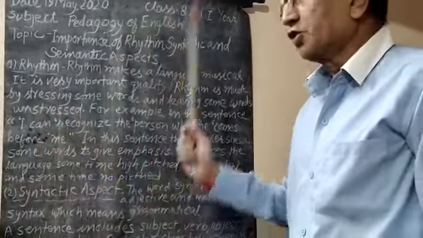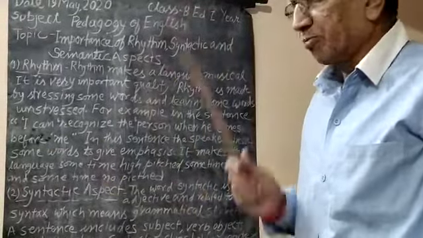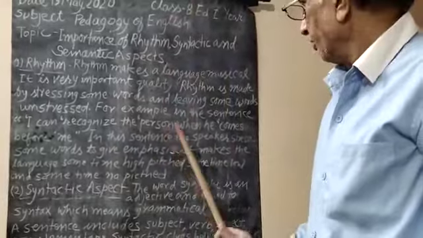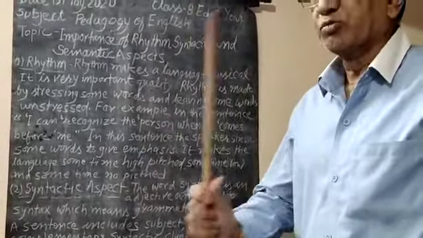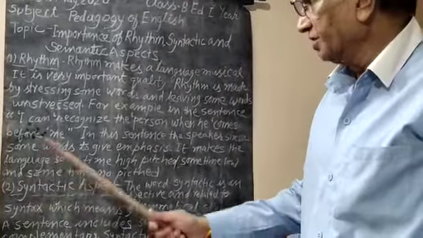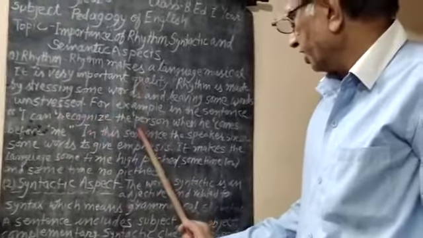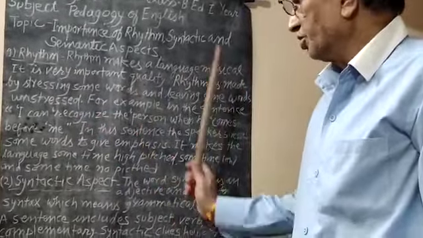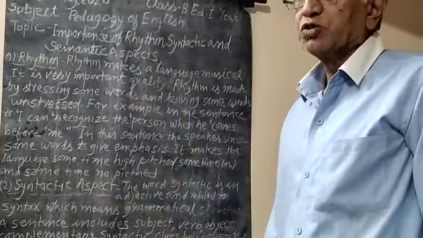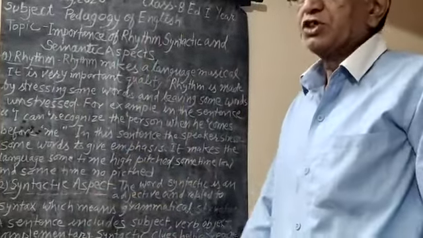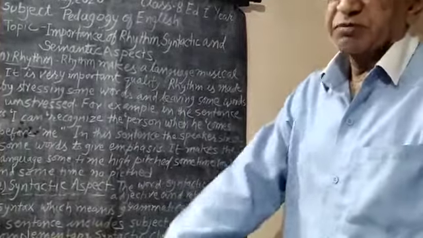I can recognize the person when he comes before me. He had stressed I, recognize, person, comes, me, because to give emphasis to these words, जोड़ देना, emphasis का मतलब